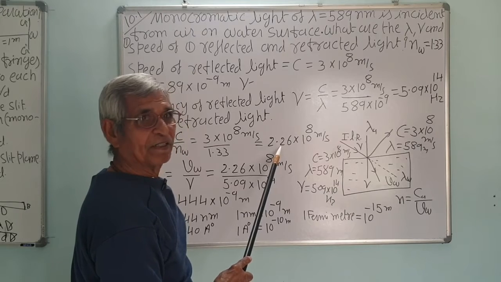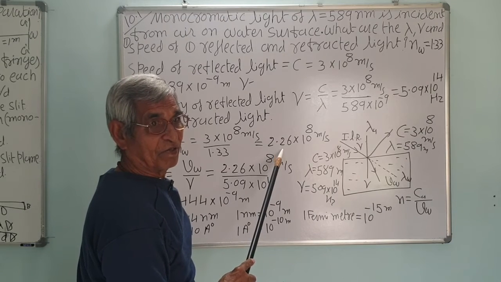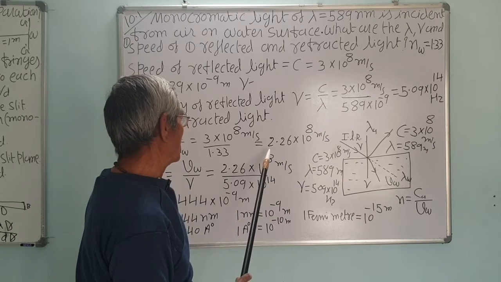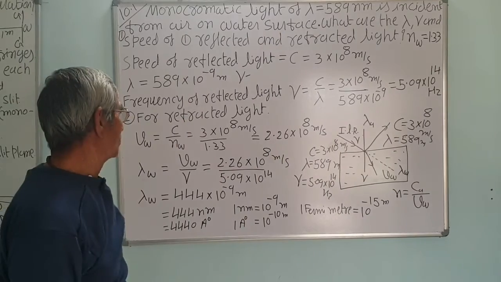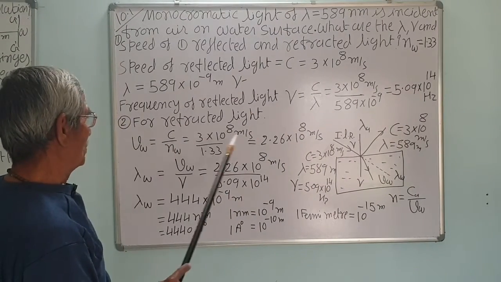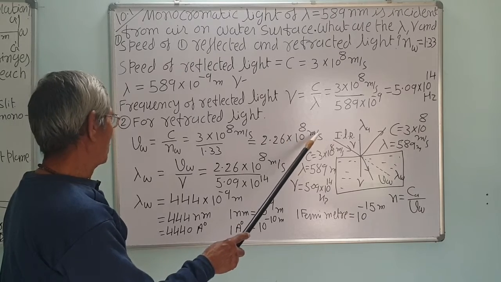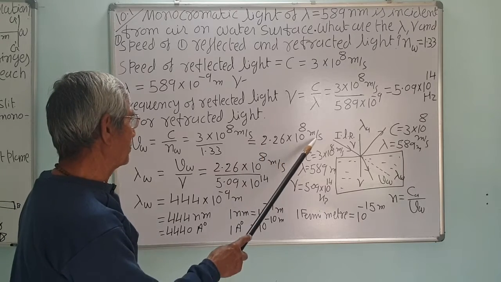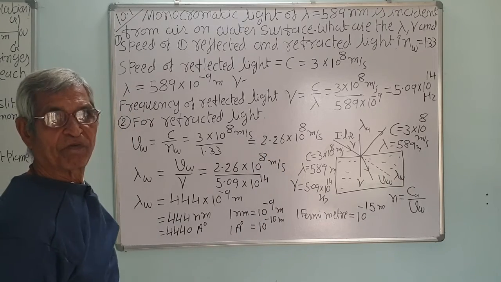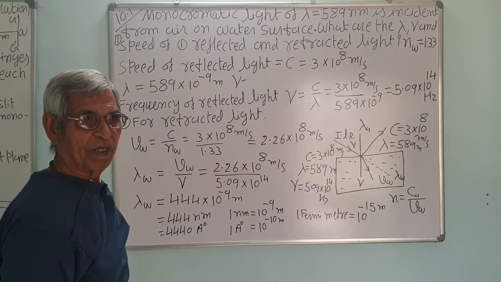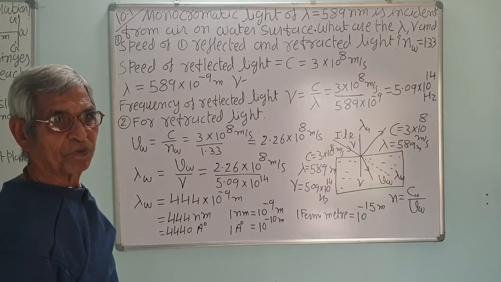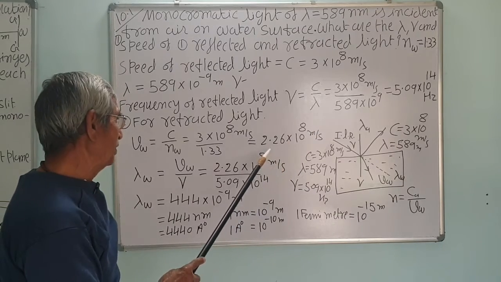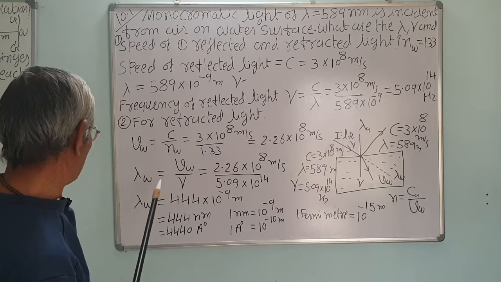You know, velocity of light is maximum, highest in the air or vacuum, correct, and it depends upon the refractive index. With a denser medium, if it is glass, it will be lower. So velocity in water is 2.26 into 10 raised to 8 meter per second, because this velocity decreases as the medium is optically denser. If it is glass of refractive index 1.5, then it will be 2 into 10 raised to 8 meter per second. In an optically denser medium, velocity will be less and vice versa.